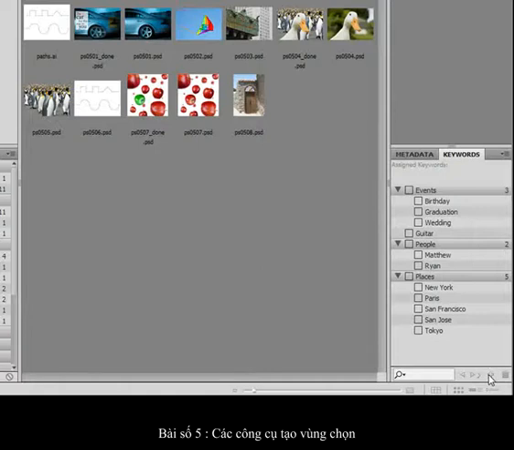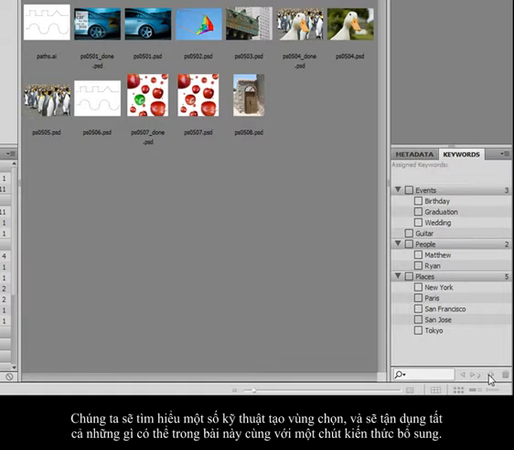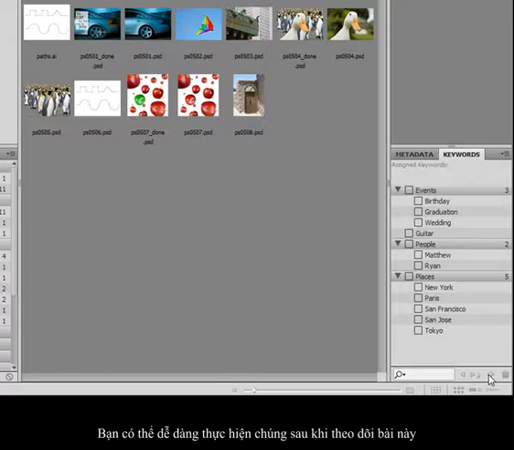Welcome to Lesson 5, Making the Best Selections. This lesson is pretty intense and it has a lot of stuff in it. What I'm going to do in this little short snippet is just go over some of the selection techniques, probably not using everything that's in this lesson and maybe a little bit more mixed up, but just to give you an idea of what you might be reading about and the steps you may be taking when you